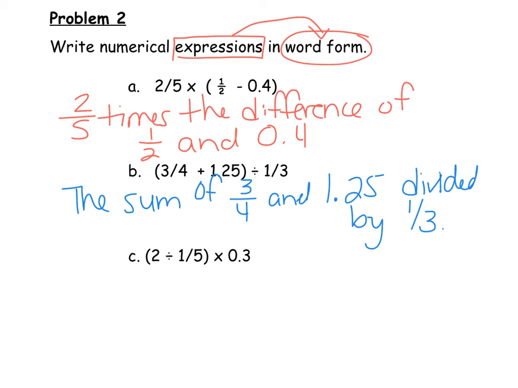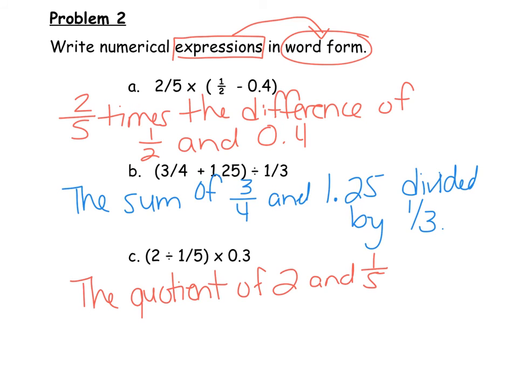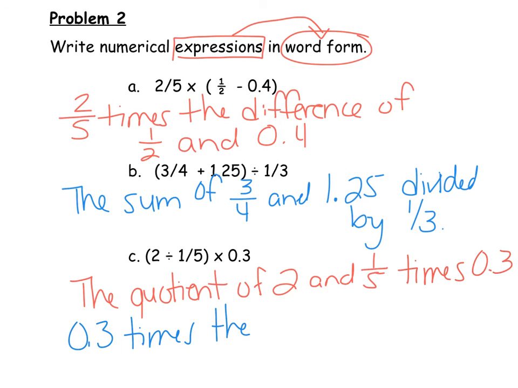Letter C. So this says the quotient, because quotient means division, the answer to a division problem, the quotient of 2 1/5 times 3/10. I could also say, and I will write this one because I have more room, I could say 3/10 times the quotient of 2